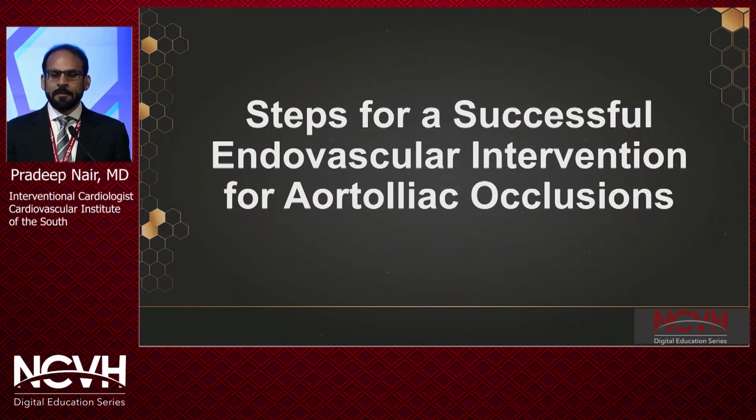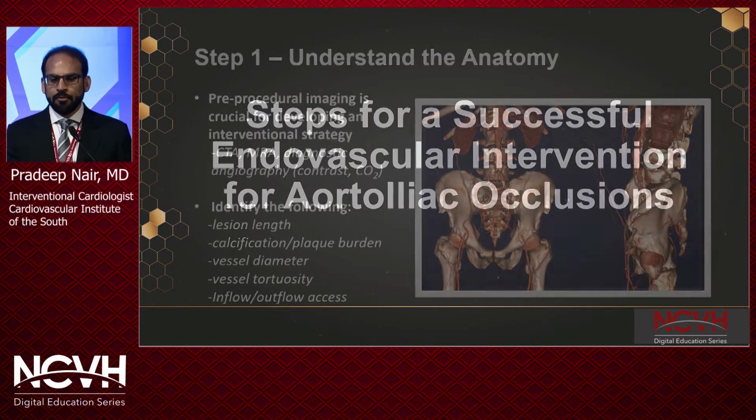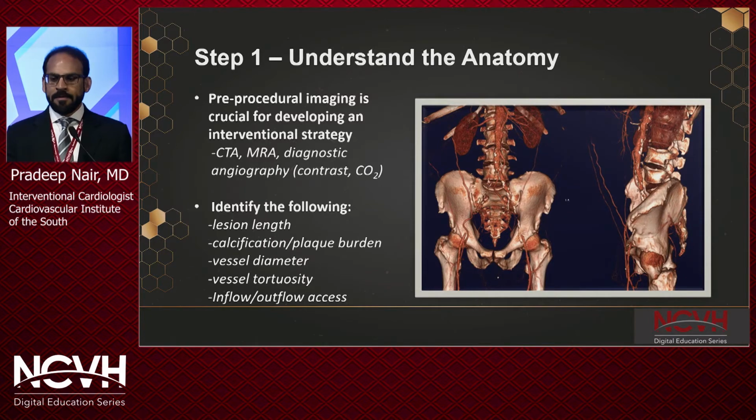So here are the steps for a successful endovascular intervention for aortoiliac occlusions. Step 1, understand the anatomy. Pre-procedural imaging is very crucial to help develop an interventional strategy. At our institution, we perform CTAs, but you can also do an MRA. And if you have neither available, you can do a diagnostic angiogram. And what you want to identify are lesion lengths, calcification, the plaque burden, vessel diameter, vessel tortuosity, and the inflow